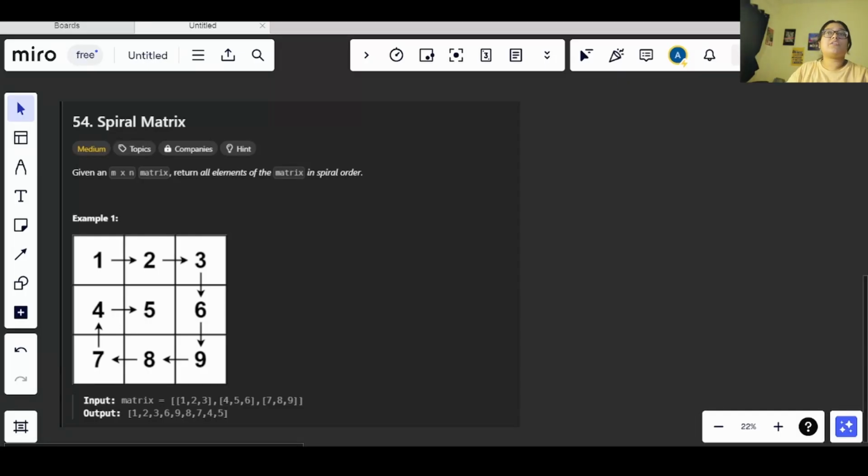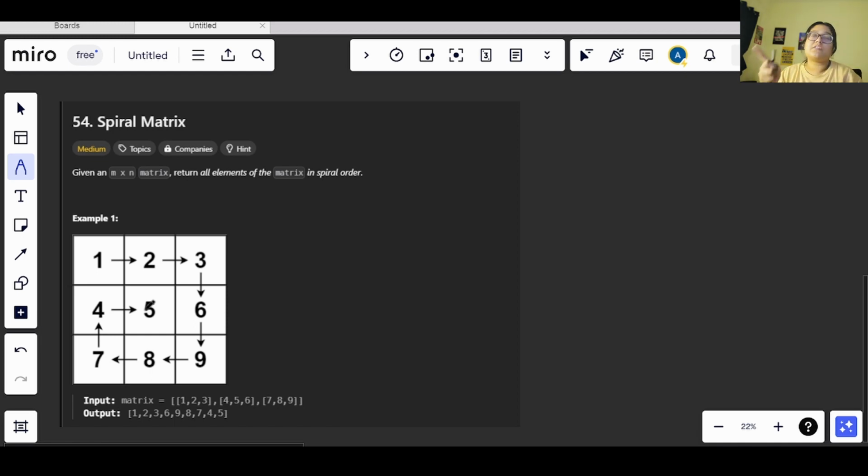In this question, basically what we have to do is print the matrix in spiral format. We have been given a matrix, and it is not sure that the row and column number will be the same. It can be an m by n matrix, which means the number of rows and number of columns can be different.